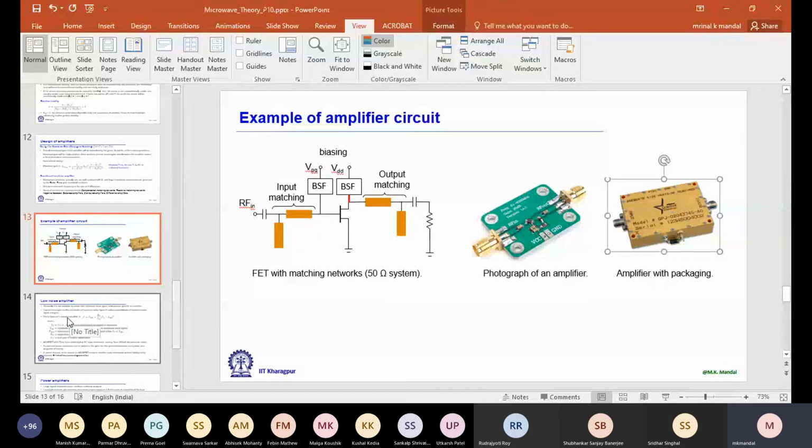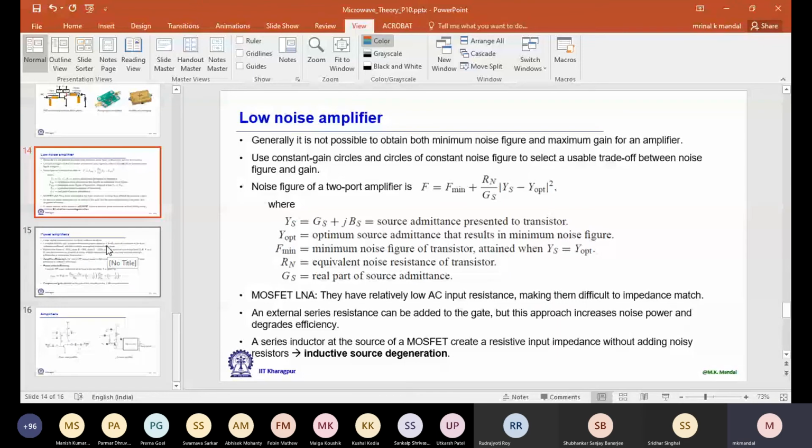Now two special categories, low noise amplifier and power amplifier. You know about them, where we use them. For a low noise amplifier, the main thing is that you have to minimize noise, and if we target noise minimization, then you may not get maximum gain. Anyway, that is not important for a low noise amplifier. We'll be using more stages after the low noise amplifier to improve the gain. But from Friis equation for cascaded systems, we already learned that the overall noise figure is determined by the first component.